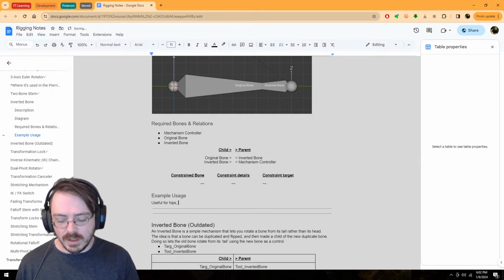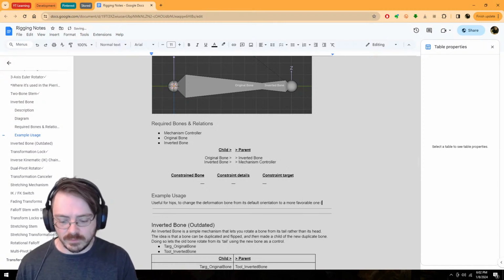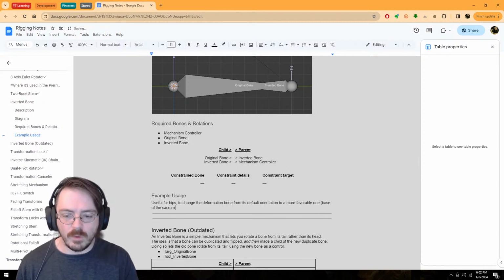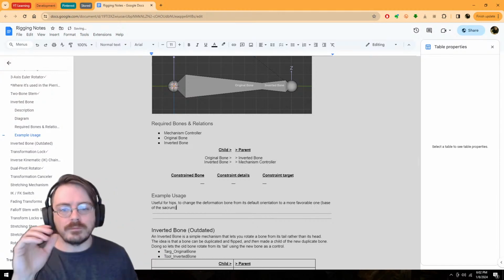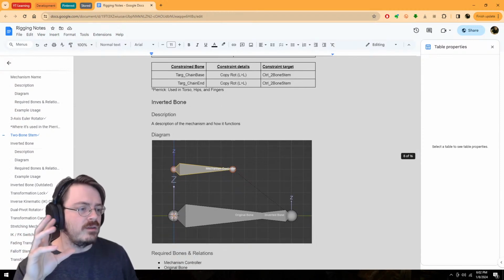Useful for hips, to change the deformation bone from its default orientation to a more favorable orientation. Cool.